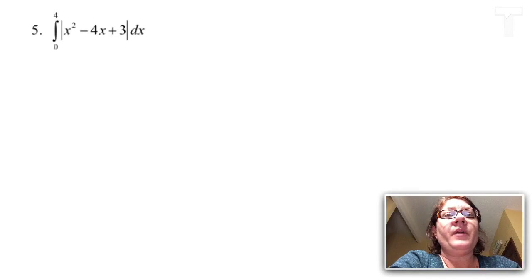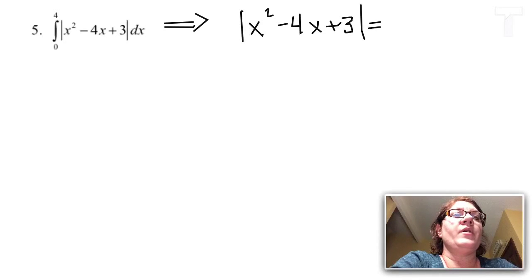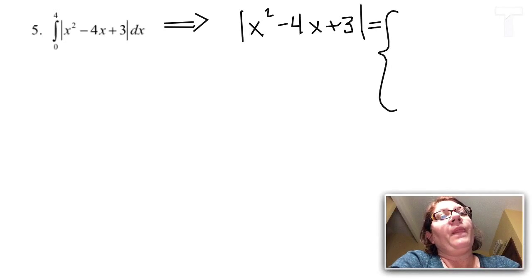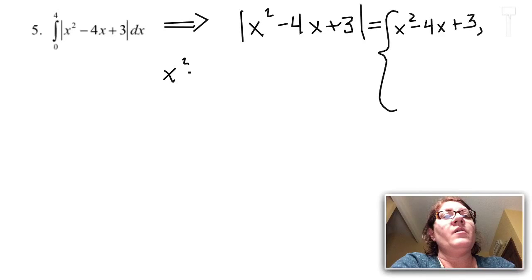So this next one is going to be a little more of a challenge because I have an absolute value which has to be written as a piecewise function. So of course I get to drop the bars if the inside stuff is positive, and I'm going to have to check and see when is this positive, or it could be equal to 0. And of course it factors,